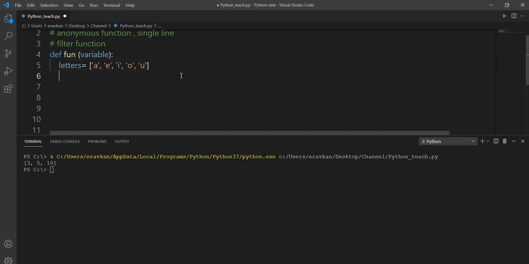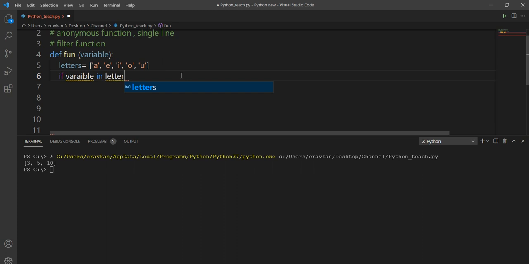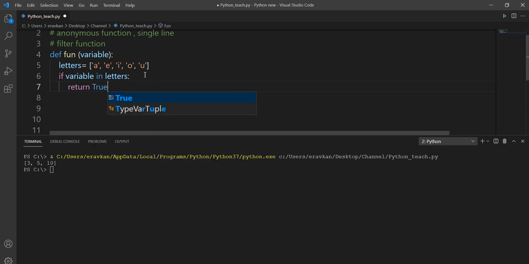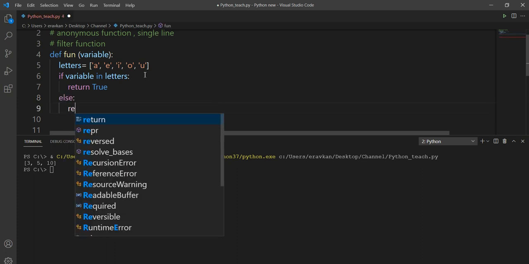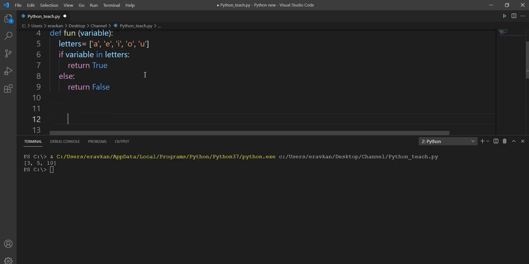Then if variable in letters, spelling of variable, let me correct it. If variable in letters, then return true, else return false.